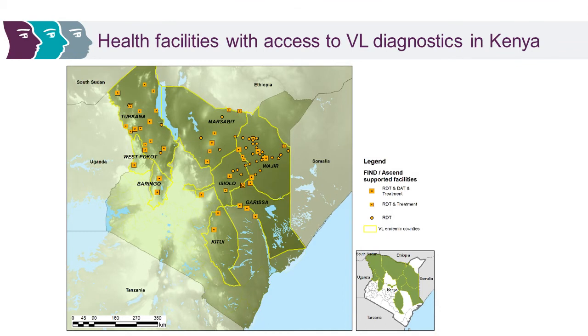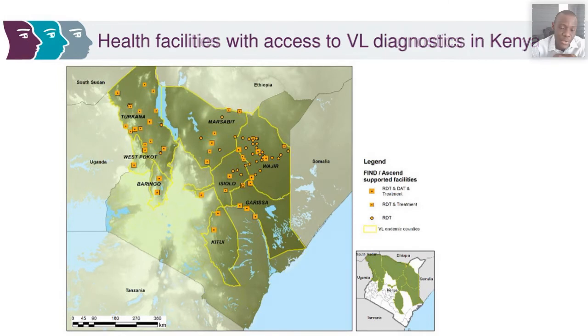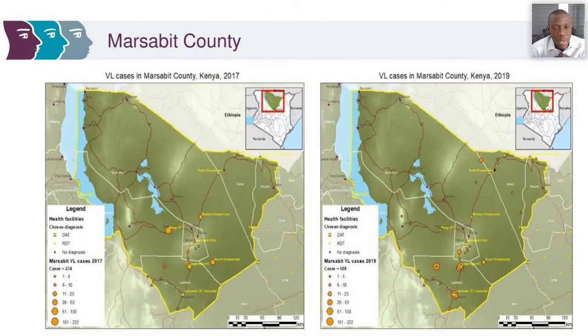At the start of the project, there were 22 facilities providing diagnostics, and this was increased by more than 60 facilities through our activities. This is quite significant in terms of making sure access is provided to the population and leaving no one behind. So what I'm going to do next is take the example of one county, Marsabit County, and